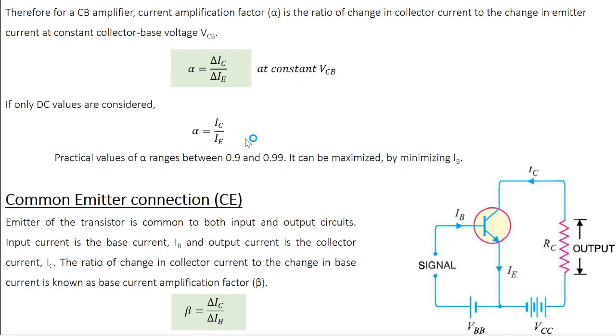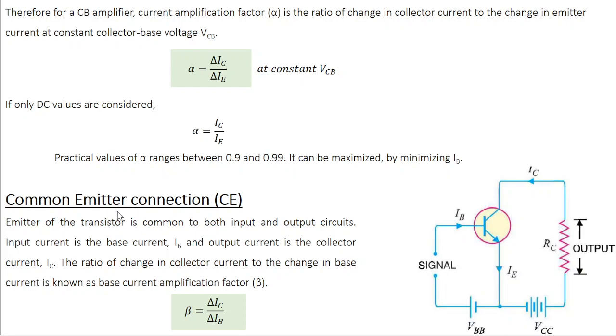But in any practical transistor, a tiny amount of current will be released in the form of base current, so you can never reach the value 1, but you can make it very close to 1. But if you look at the amplification factor, this is not very impressive, right? Because amplification factor is output by input. So when you say alpha equal to 0.99, it means that output is less than the input, right? So this is one of the biggest downsides of a common base connection. The current amplification factor is very low. So it's not of much practical use.